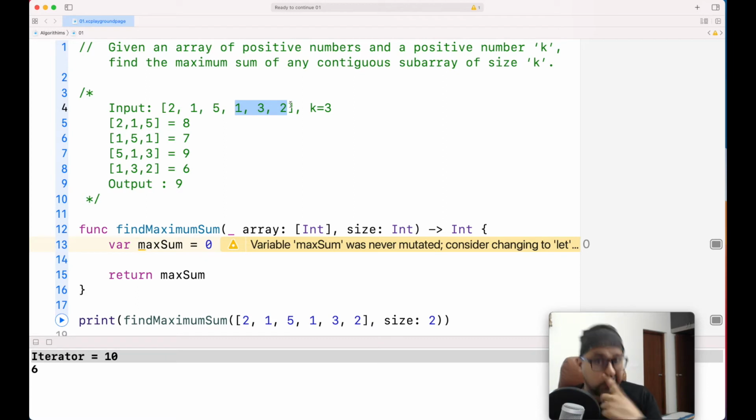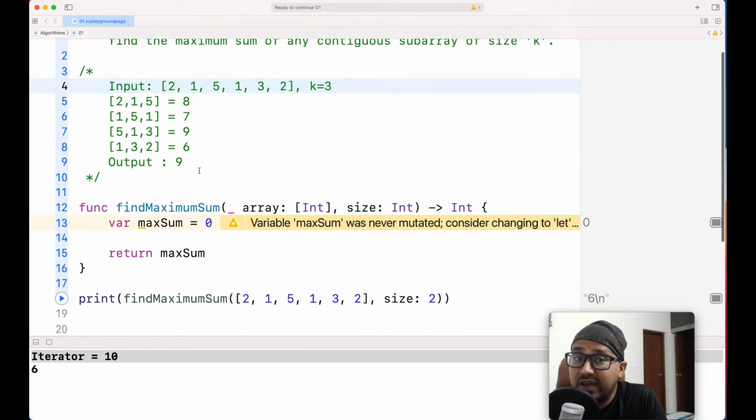The efficient part to notice is that previously we had 2 loops. In this way, we run the first loop and then make little tweaks where we decide to remove this element and add this element. Since we have the sum of this, let me give you an example. 5, 1, 2 is 8. So now I have 8 as a sum. If I add 1 it becomes 9, and remove 2. So the second window sum is 7.